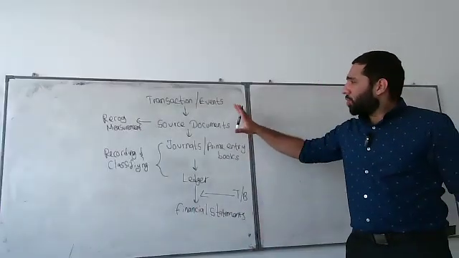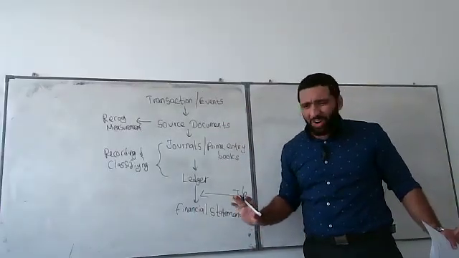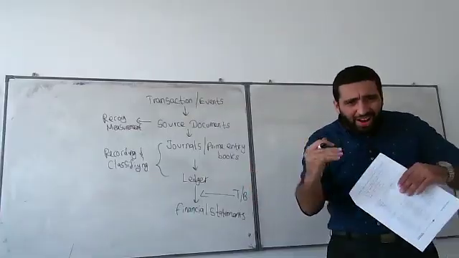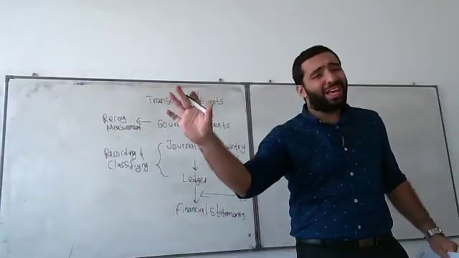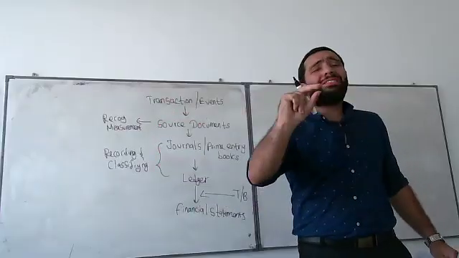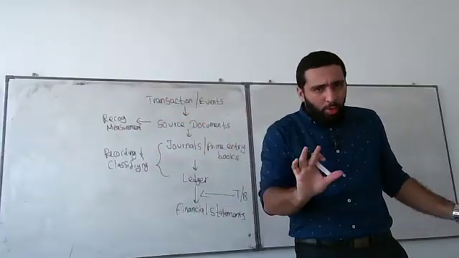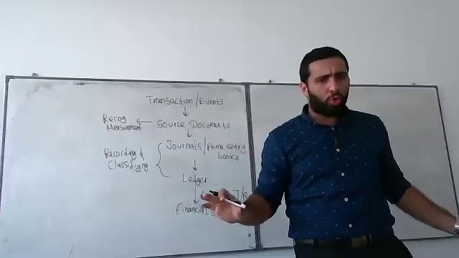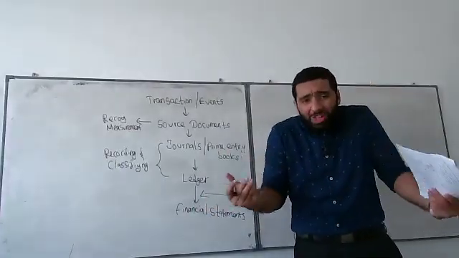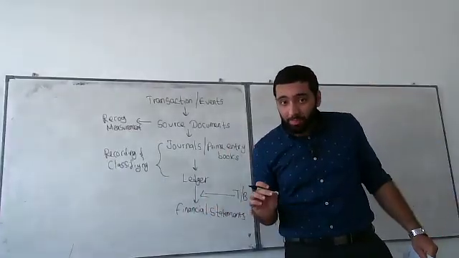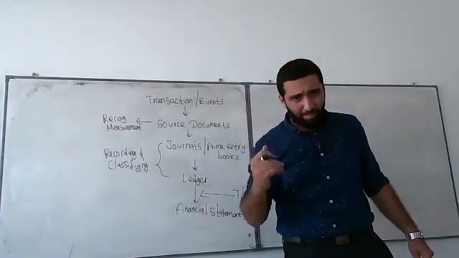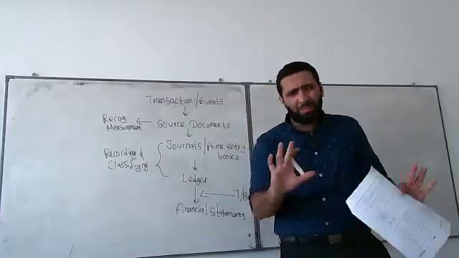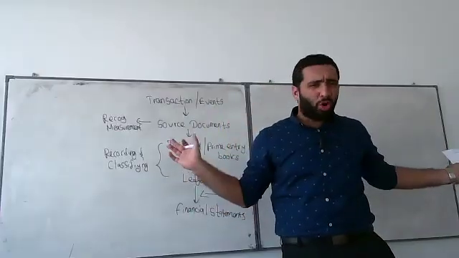Right. Okay. So transactions and events. What is a transaction? A transaction is something happening. That is simple. There is no definition. No one in the exam is going to ask you what a transaction is. But you need to understand logically what a transaction is. A transaction is something you go and buy in a shop. That is called a transaction. Simple. You sell something. That is called a transaction.